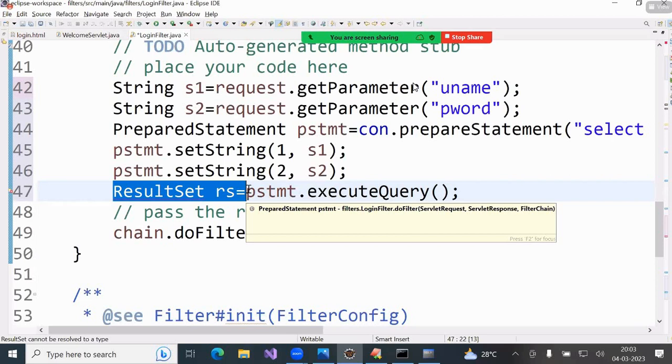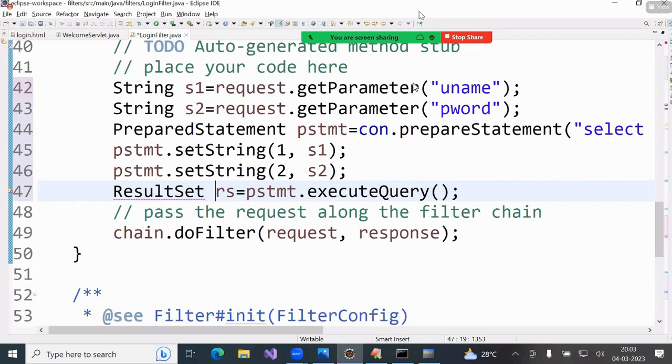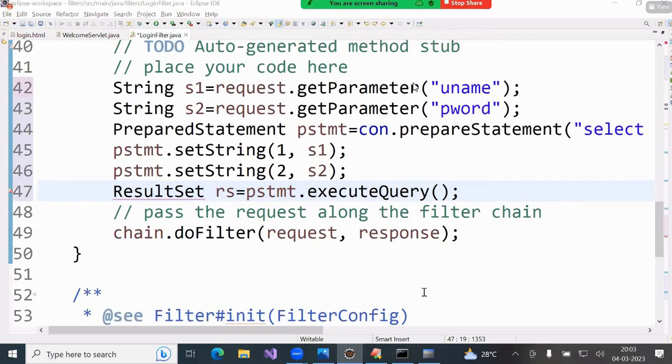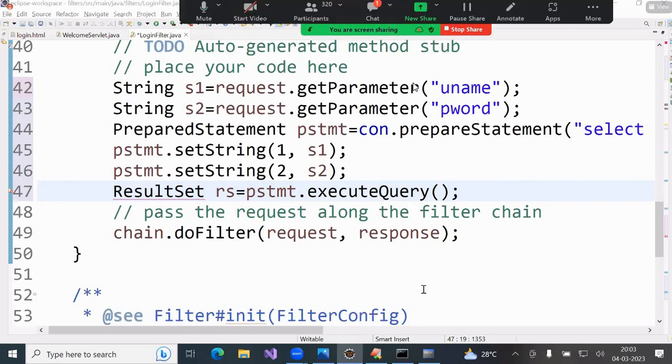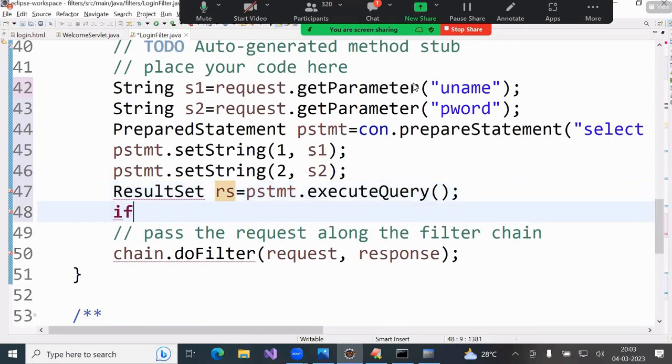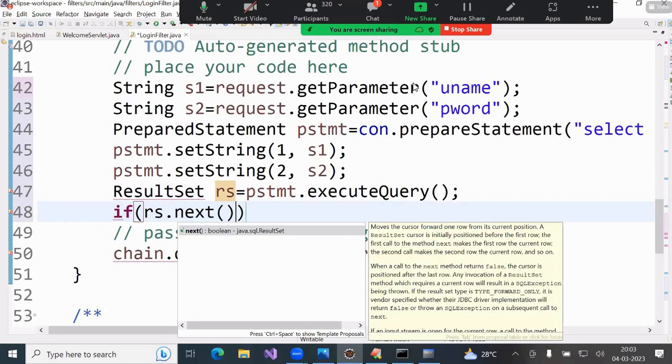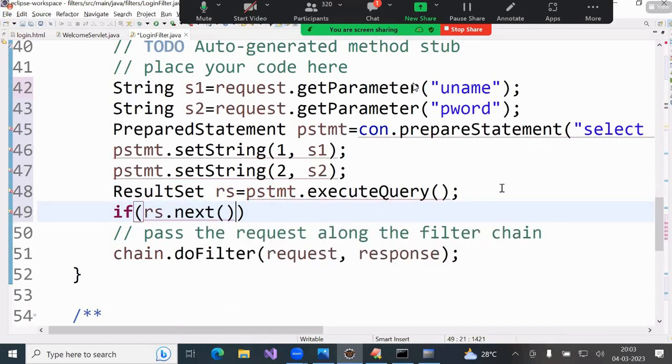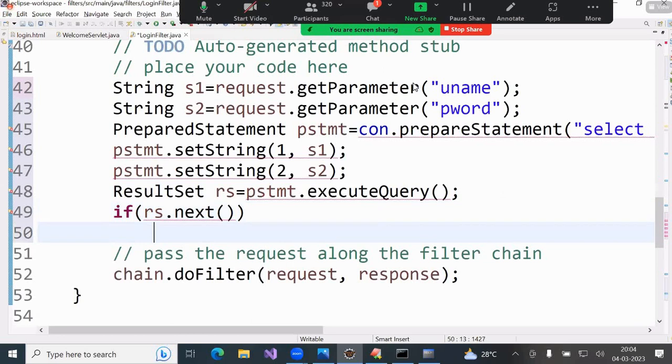No records. Whenever a result set is generated, the result set pointer points to before the first record. If I call the next method, it returns true if a record is there. So with an if condition you can check now: if rs dot next is true,